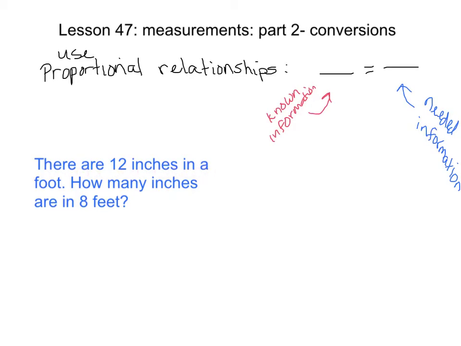There are 12 inches in a foot. How many inches are in 8 feet? Well, here's our known information. They just told us there are 12 inches in a foot. And you probably already knew that, but they told us anyway. So this is our known information. This is what we would put here. So it would look like